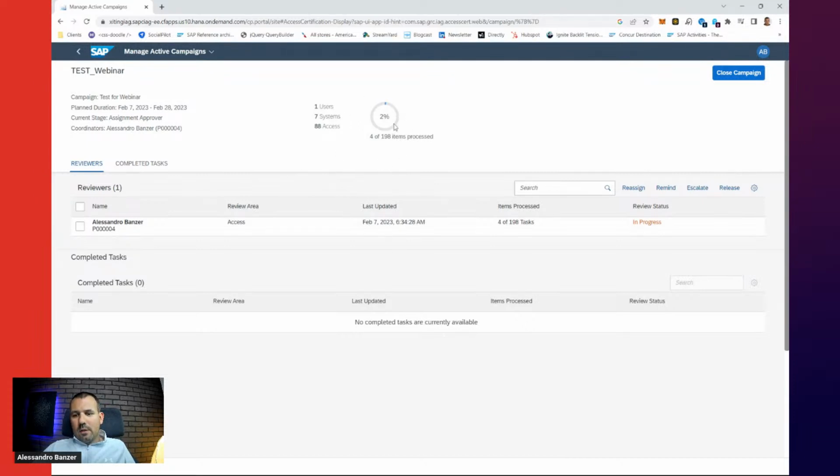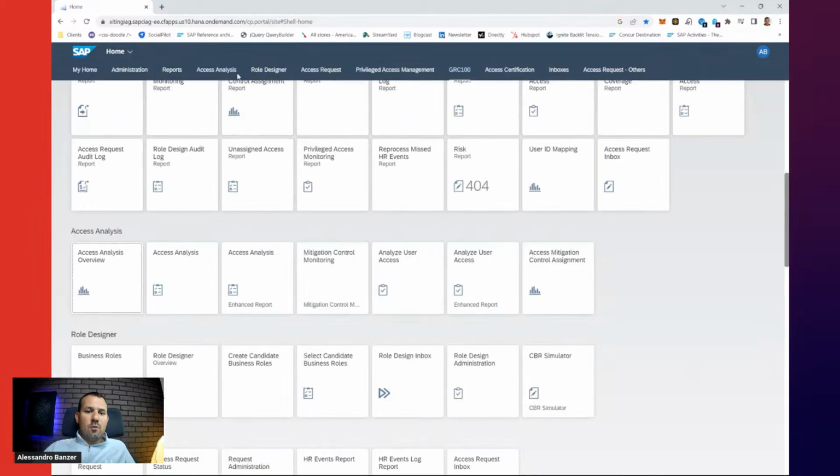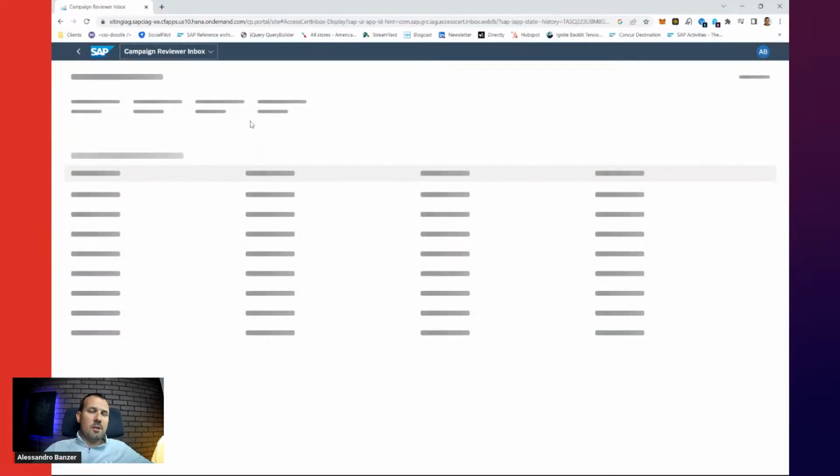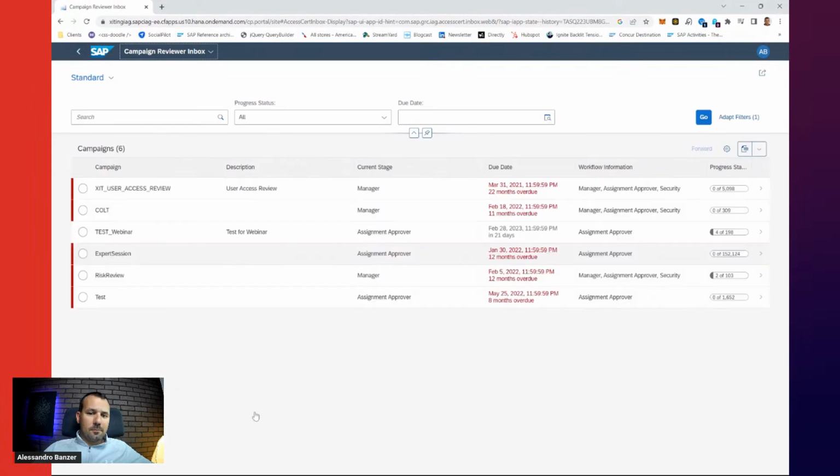And here I can obviously then act on it. I can close the campaign if I want to stop it because it's not getting done. Or the reviewer can obviously complete the task as a reviewer inbox similar to the access request management, where I can act on my task. And I can see that here, like I have that test webinar where I'm at the moment acting as an assignment approver.